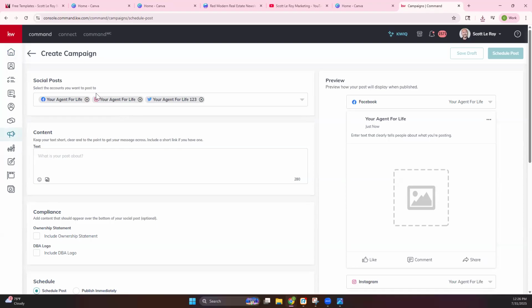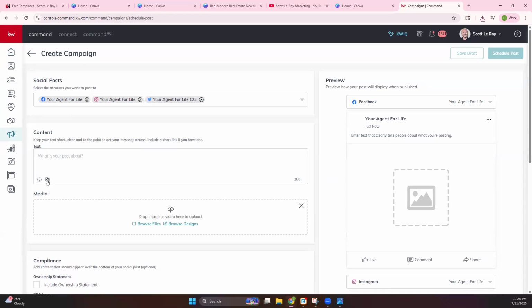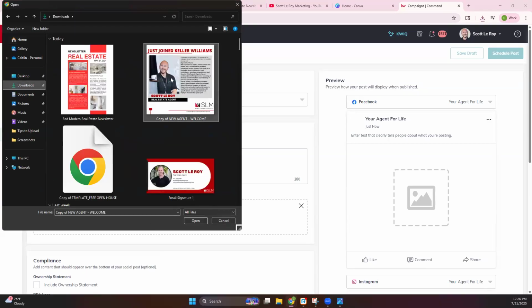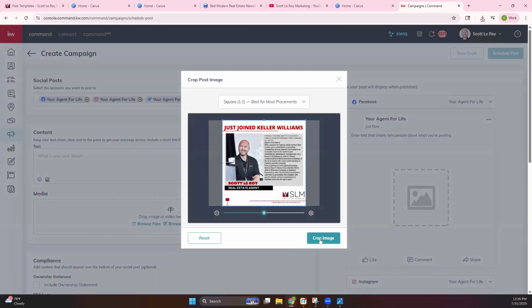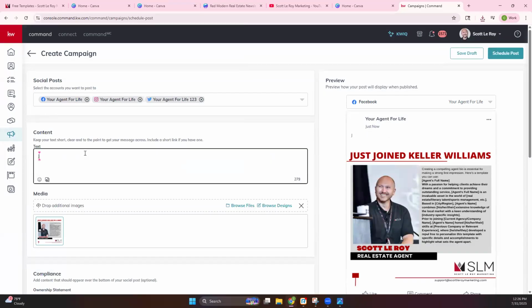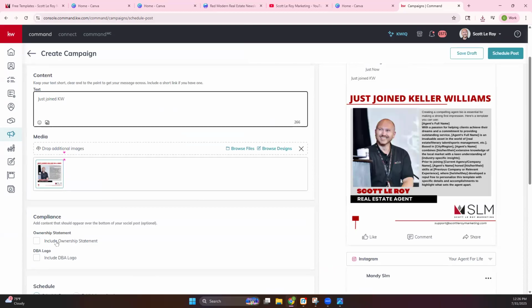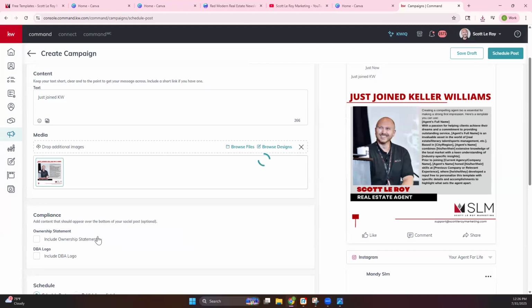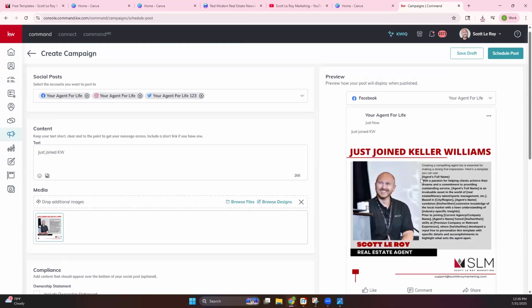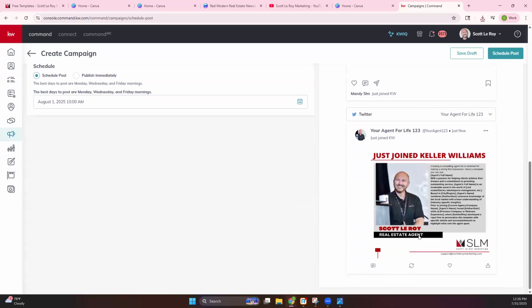As you can see, we have Facebook, Instagram, and X. And then we can go ahead and add media. This is going to allow us to find our file on our computer. We'll grab this one. It's going to allow us to resize it if we need to. Add any of our text. If we want to include the ownership statement, or our DBA from our profile, those can be added. We can then schedule this or publish immediately,